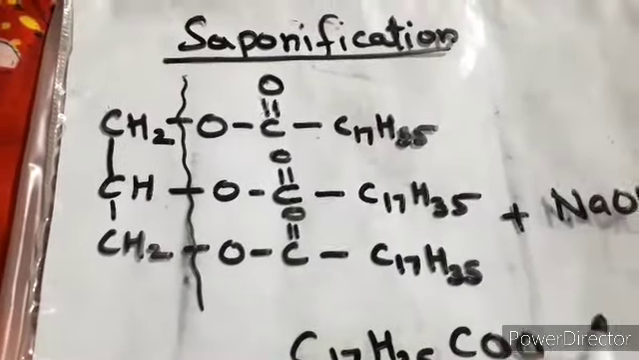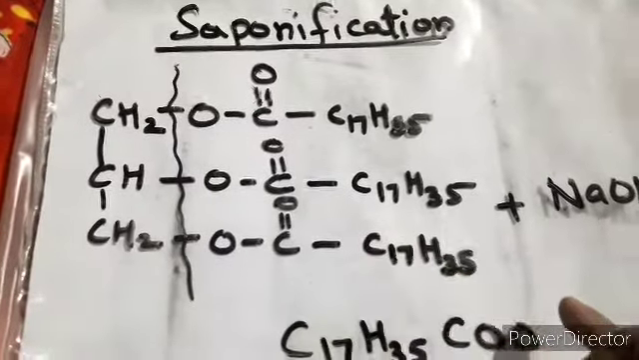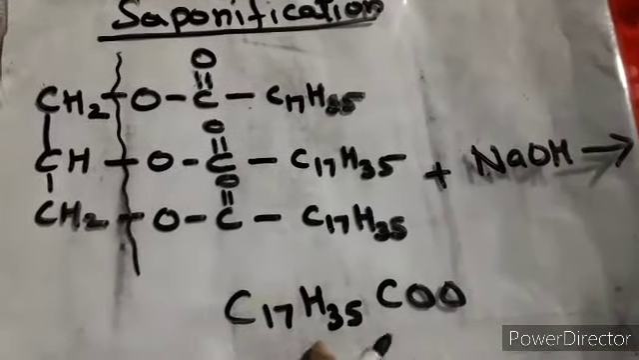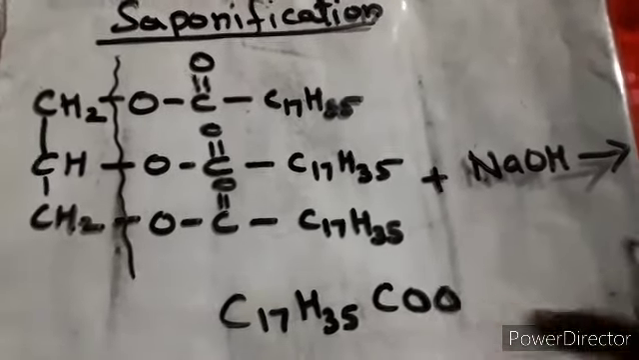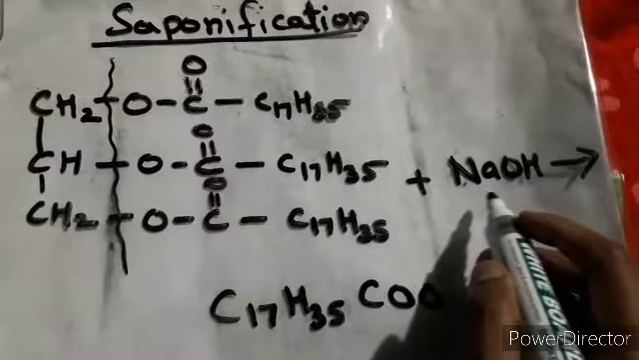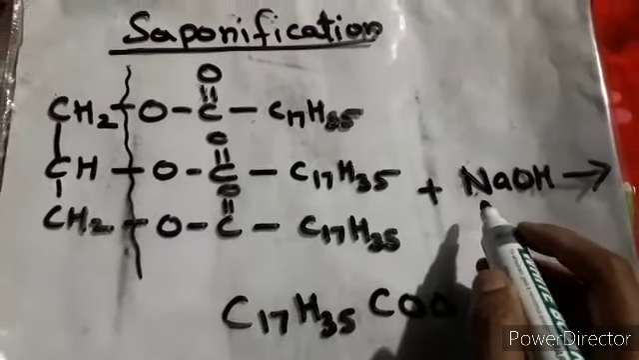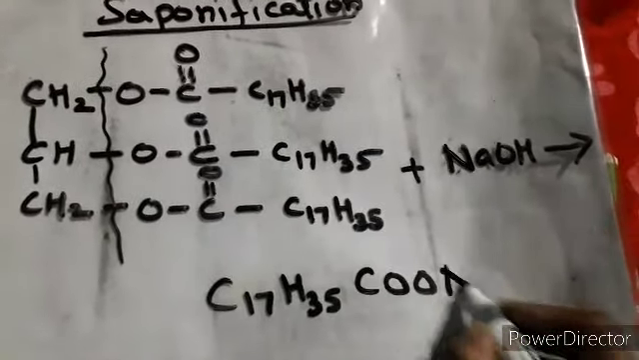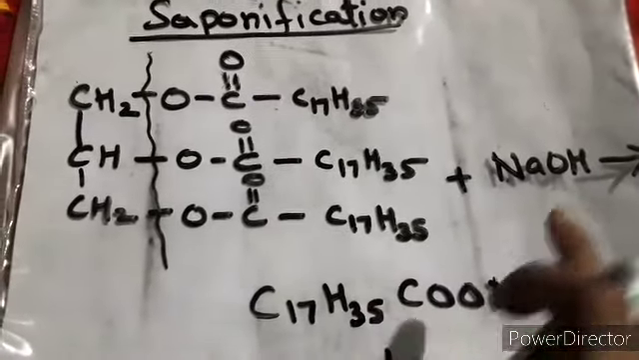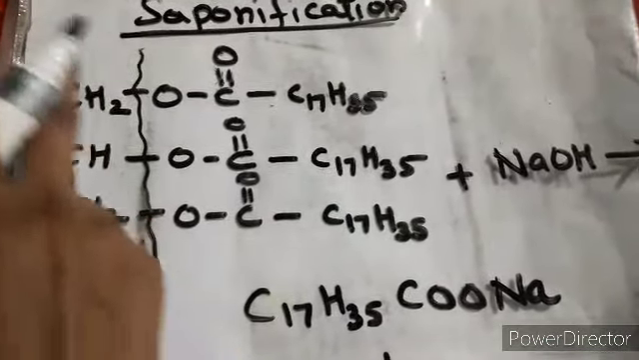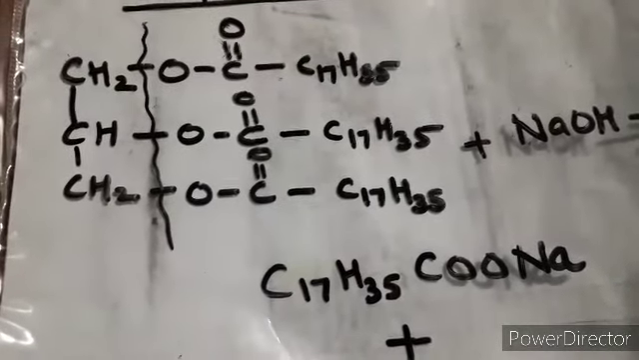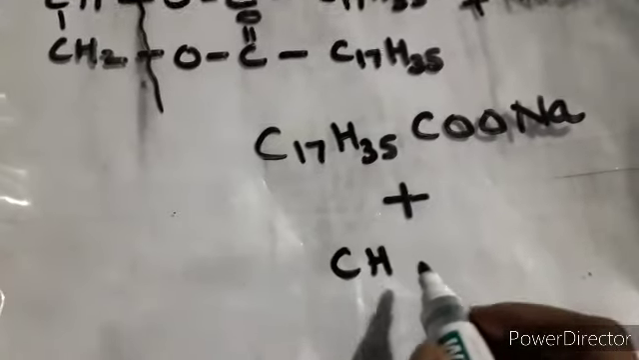And I said CO, this particular portion is being divided, right? I'm not repeating it again and again because it is there three times. So you can write down one time C17H35 COO, and what is coming from here is forming a salt with sodium, and from here you can get Na, right? After that, OH is there, and we have this portion also. Now you can see this portion can form an alcohol,